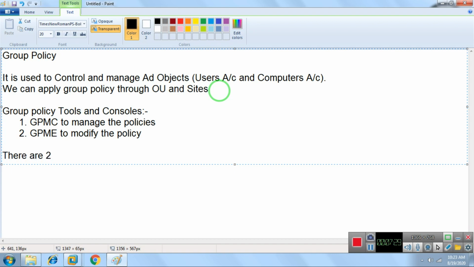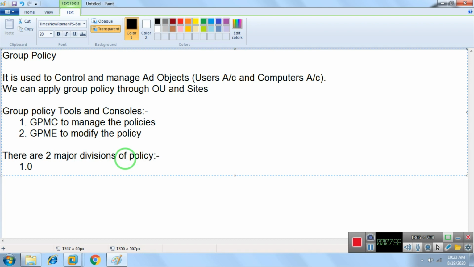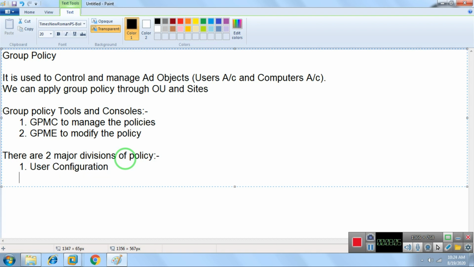There are two major divisions of policy settings. Number one, we'll talk about user configuration, and number two, we have computer configuration.